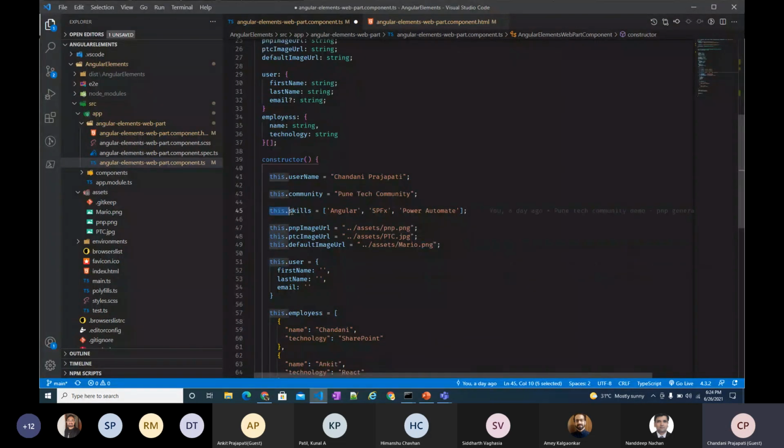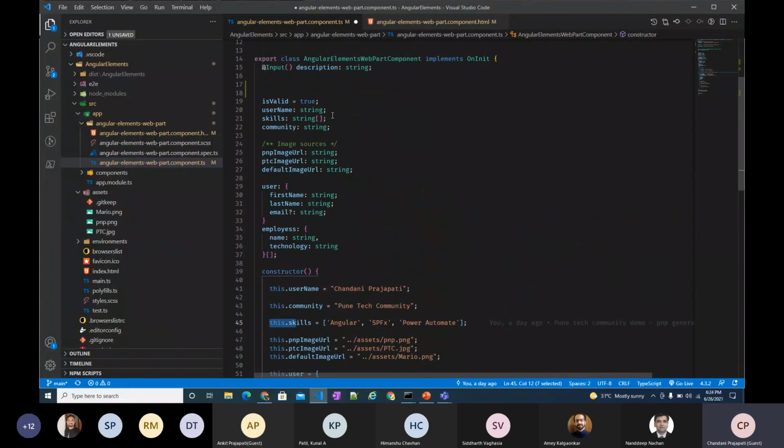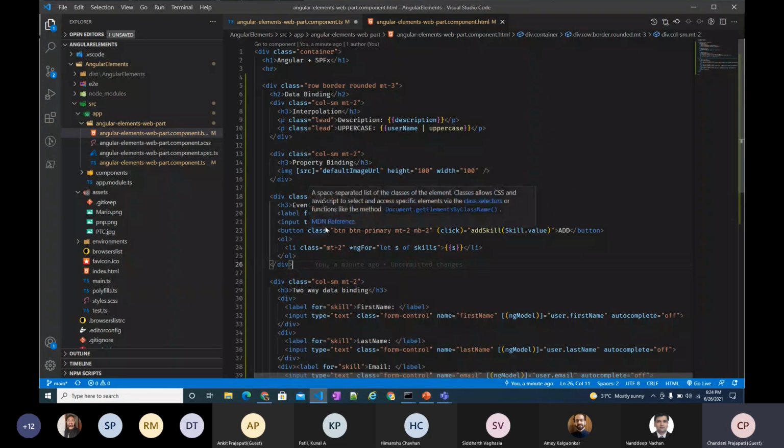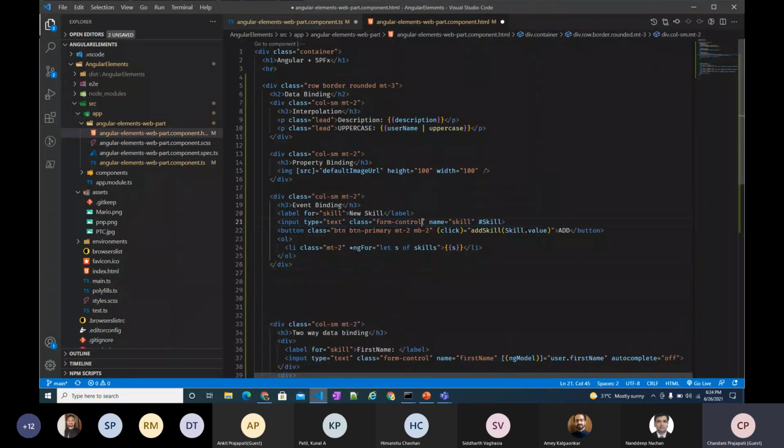Here this is the skill array which I declared, and I have some data: Angular, SPFx and Power Automate. For that I have created one input and then there is one button. On button click, we can bind the event using this parenthesis.